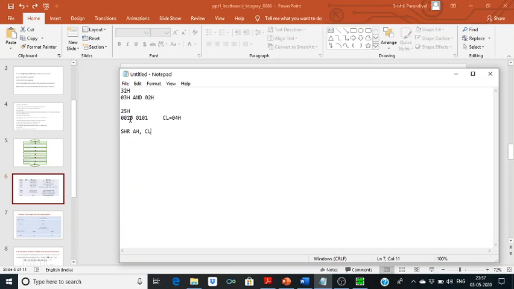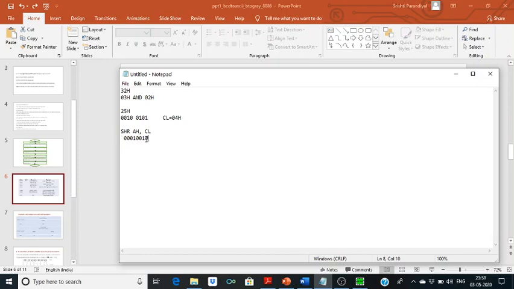The LSB will move to the carry flag, and the bit entering at the MSB will be 0. Suppose after the first shift, 0 is entered at the MSB, so we get 0001 0010 and the 1 goes to the carry flag.